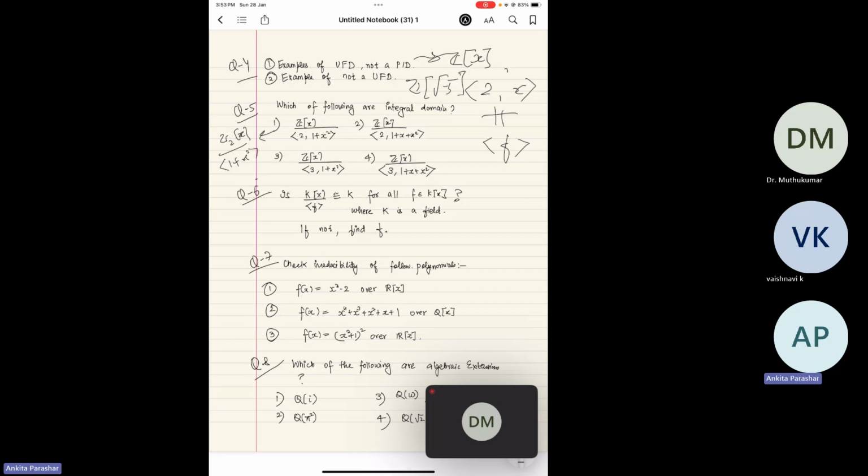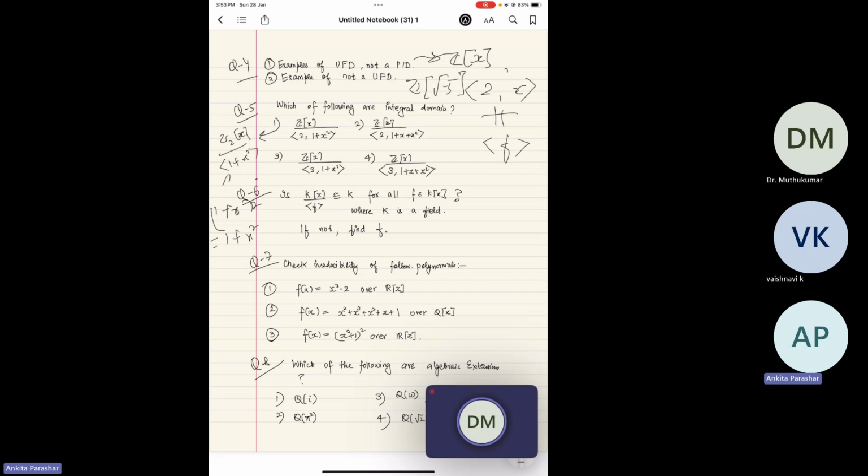So you can see that (1 plus x) whole squared in this case is 1 plus x squared, because 2 becomes 0 in Z mod 2Z. So 1 plus x squared is a 0 element inside this quotient ring. Therefore there are two non-zero elements whose product is 0, and therefore it's not a domain. Or you can also say that